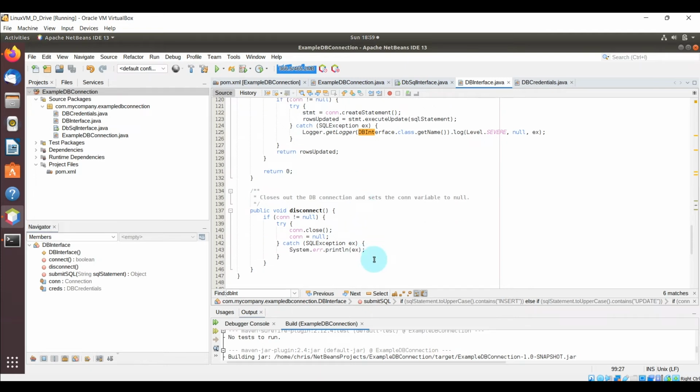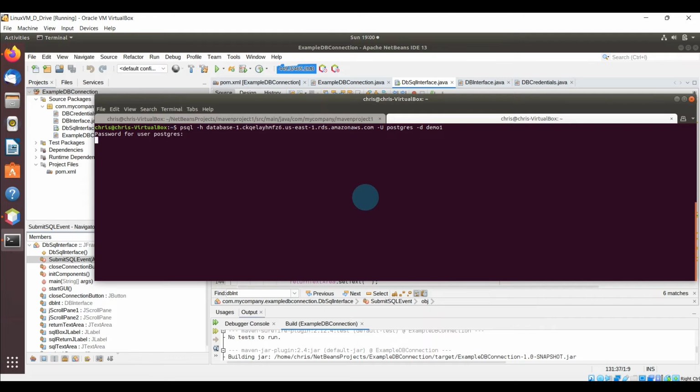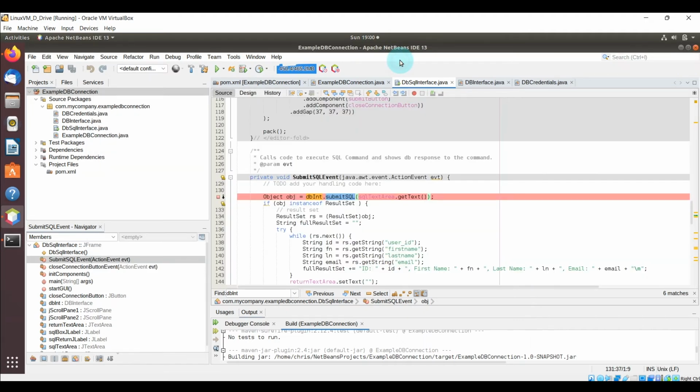And you can see here in the disconnect method, we're just essentially closing out the connection and nulling the variable. Go to the PSQL command line interface, and we're going to log in. And before we do any running of the application, we don't have any tables in here yet, so nothing we can do, at least with our code setup right now, is going to actually be able to work